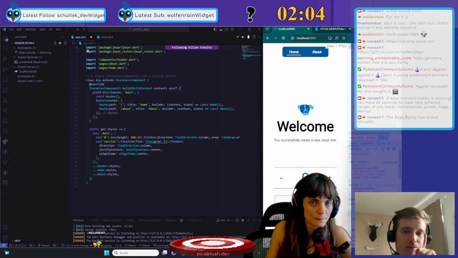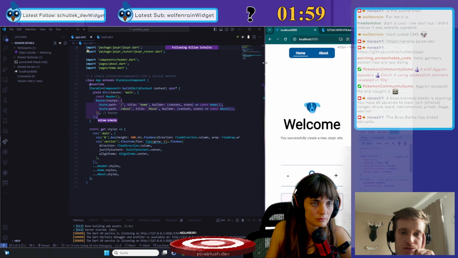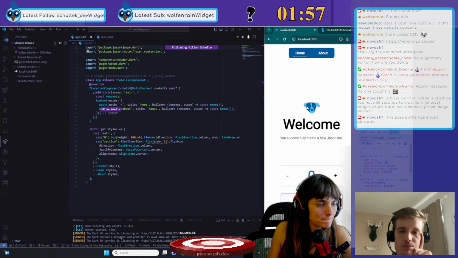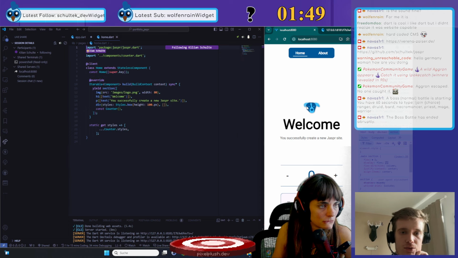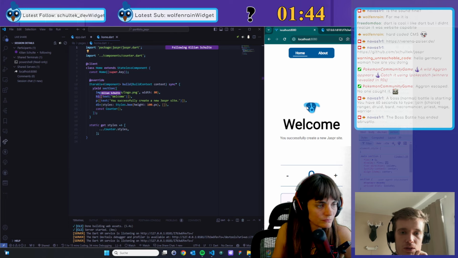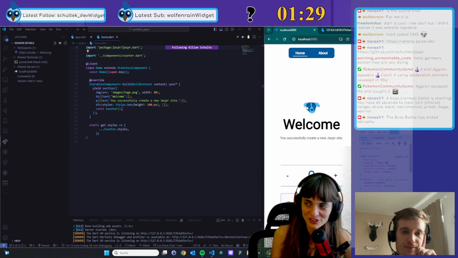And then we have the app, which has a div, the header, the router for our two pages. The default project has two pages here. And then, for example, if we go in the home page, you see here it's rendering a section with an image, h1, paragraph, a div, and then the counter component. So this is the very basic intro to how Jaspr works. So far so good, I would say.